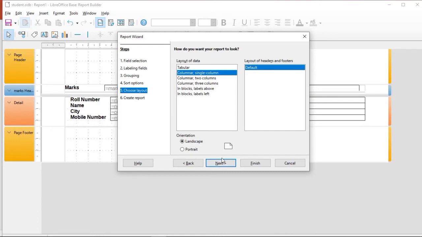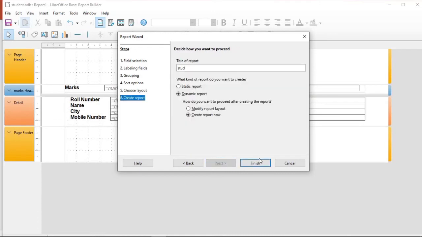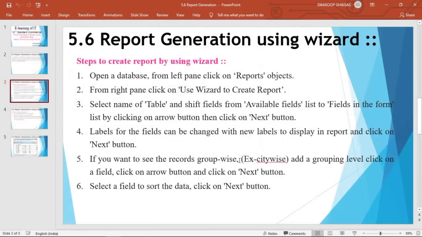Then click on the next button. Here you have to give a title for this report. Suppose the title is student report, then click on the finish button. So our report is created now.